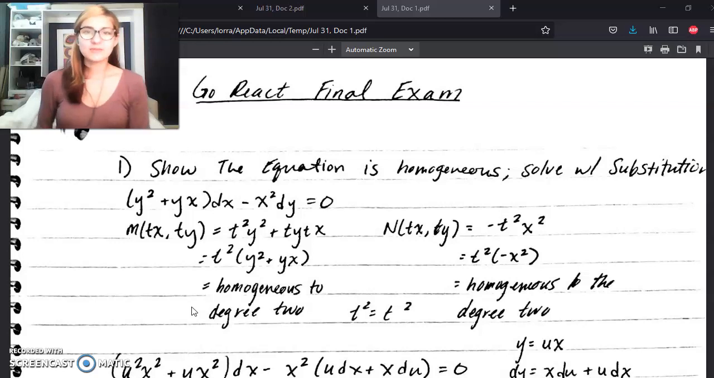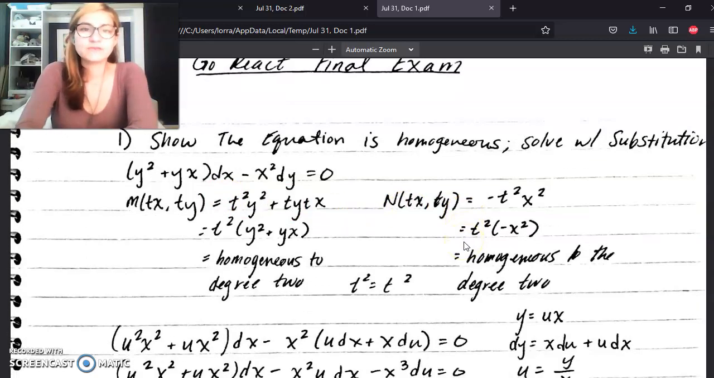So here we go. Number one, show that the equation is homogeneous and solve with substitution. In order to prove that this is homogeneous, it needs to be to the same degree. So M(tx, ty) has to equal N(tx, ty). So in order to do this, you just